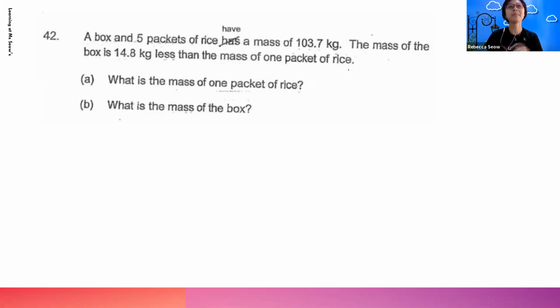Other than using mass, sometimes this kind of question appears in volume as well, whereby they tell you that a bottle of water that has been filled to a certain volume has this mass. Find the volume of the water, something like that. Yeah. So anyway, I'm going to leave you with a minute to work out this question.